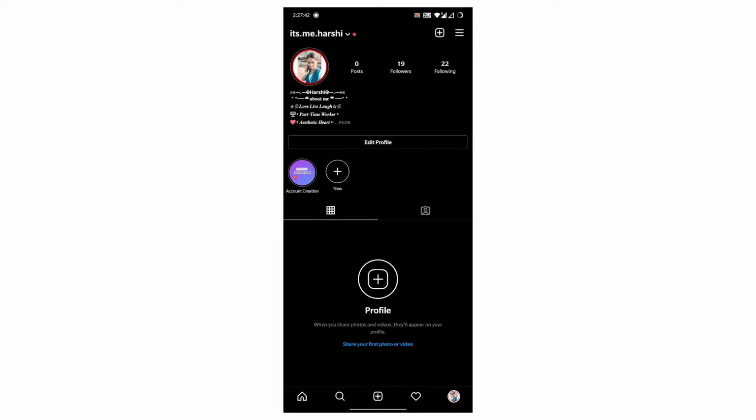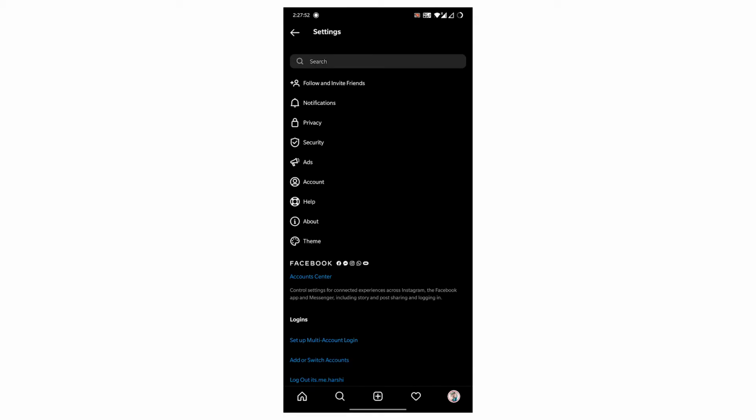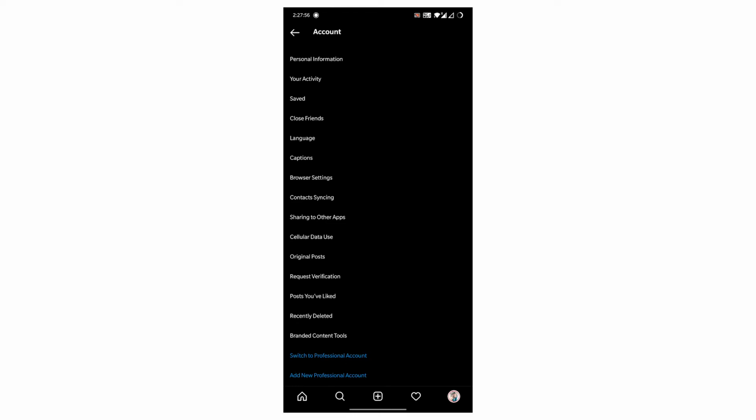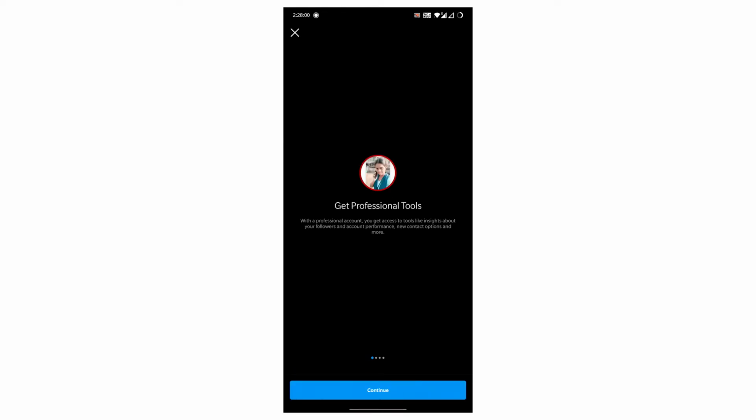So firstly, open your profile and just click on the three lines. Go to settings. Okay. So here you can see account, just tap on it. And here you can see an option called switch to professional account. Okay, so now just click on the continue option here,